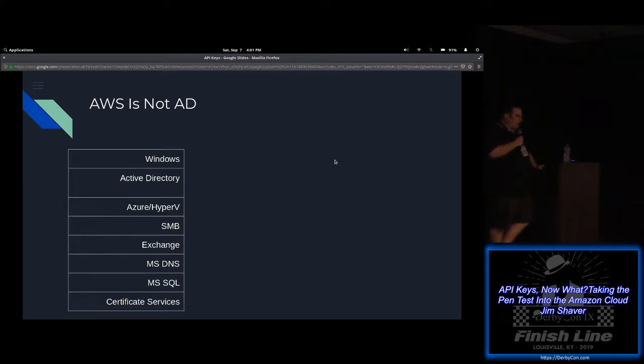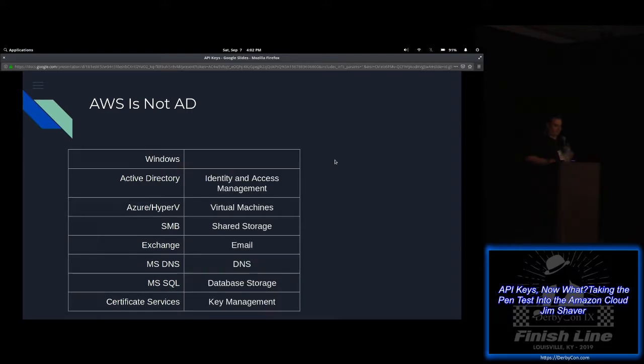AWS is not Active Directory, but I think the Windows analogy is not terrible, so I'm going to use it a little bit. Windows does a whole bunch of things, or it can do a whole bunch of things if you turn them on, and all of these things fulfill a need. Some are virtual machines, some are shared storage, some are email, DNS, etc., and IAM.